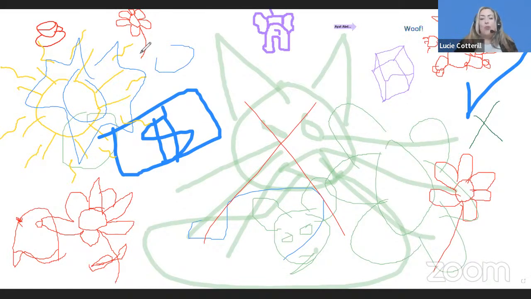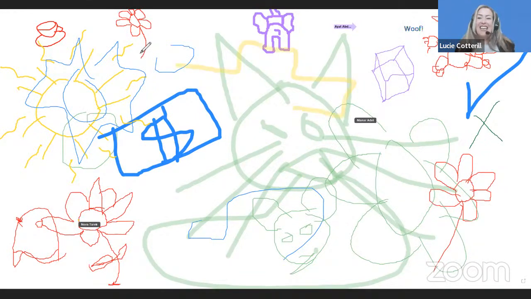But then once they've done this, you tell them to choose one of the objects on the whiteboard. And it doesn't have to be their own object. They can choose whichever one they want. So they choose an object. Then you put them into small groups. So it could be pairs or groups of 3 or 4. And you tell them that they need to write a dialogue between the objects.